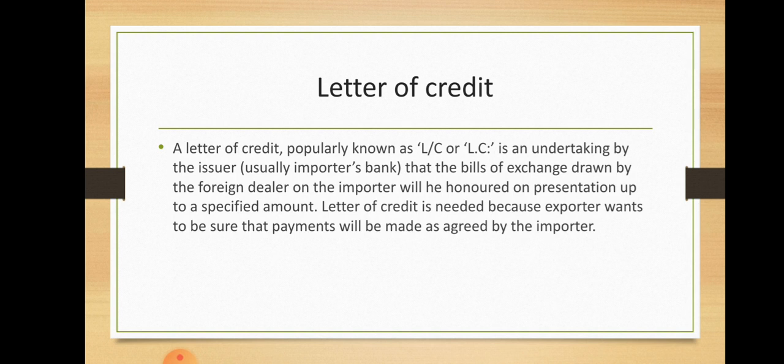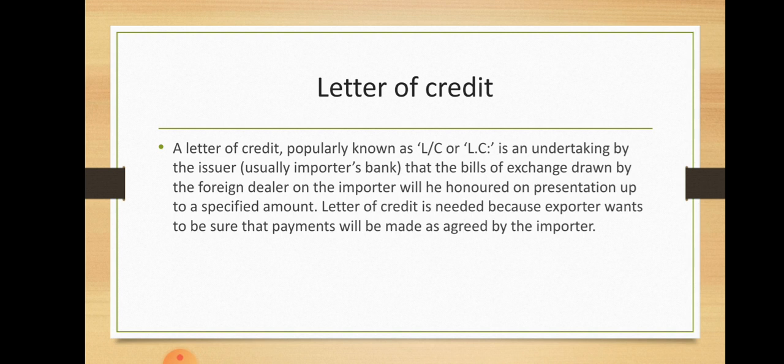Now, whenever we are doing foreign trade, meaning I am doing trade with another country, in some cases the producer and the buyer are not known to each other. So how can they trust each other? For example, how will the seller send the thing, because both of them don't know each other? The seller will think, if I send my thing, how will I get my payment? Or the buyer will think, if I send the money, whether I will get my product.